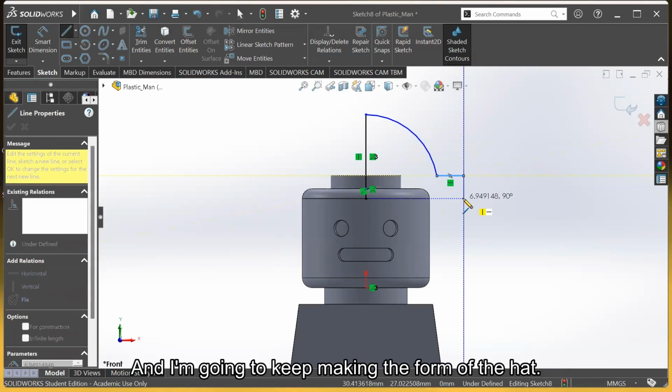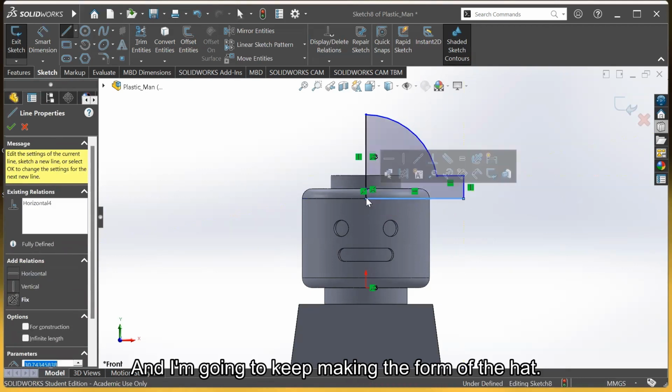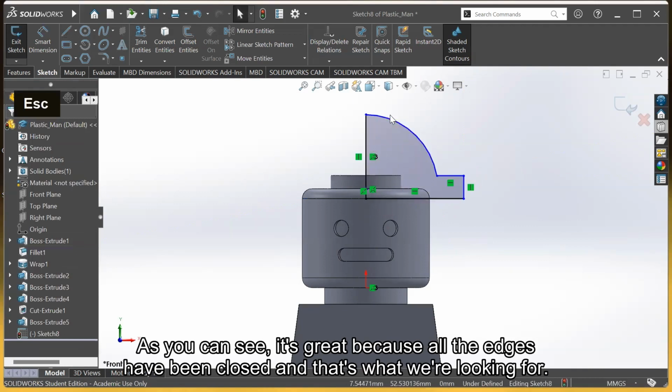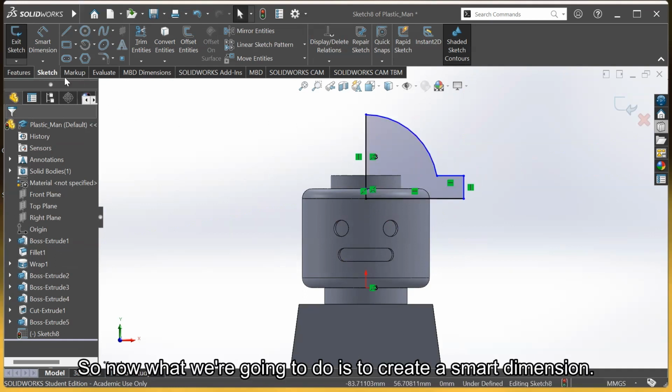And I'm gonna keep making the form of the hat. As you can see, it's gray because all the edges have been closed. And that's what we're looking for, okay? So now, what we're gonna do is to create a smart dimension